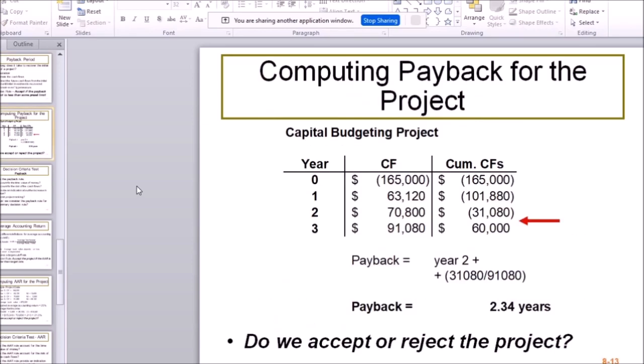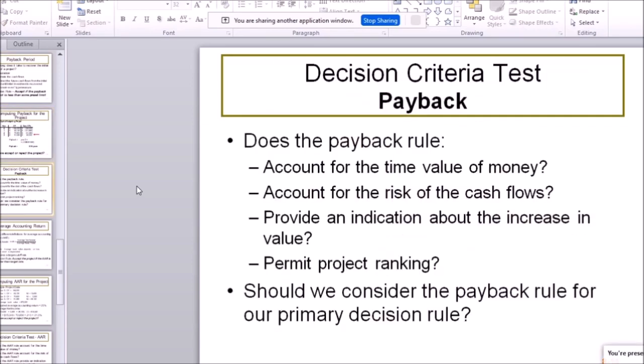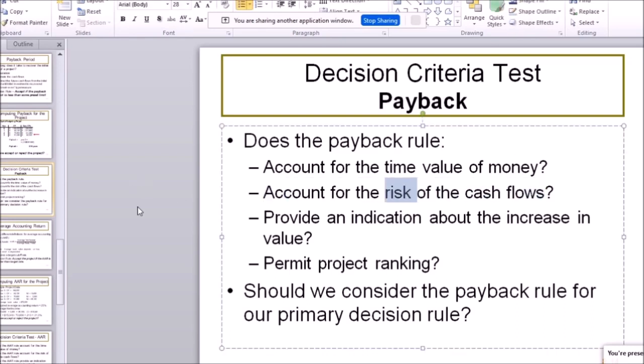Let's think a little bit about the payback period. Is it great? Is it as great as NPV? Does it, for example, take into account risk? Does it take into account the risk level of the investment project? Does the payback period take into account different risk level? Like if I go to Japan with this factory, the minimum requirement is only 8%. If I go to Venezuela, minimum requirement is maybe 50%. Otherwise, I'm not going to go there. Does the payback period take into account any kind of minimum requirements on the risk level?